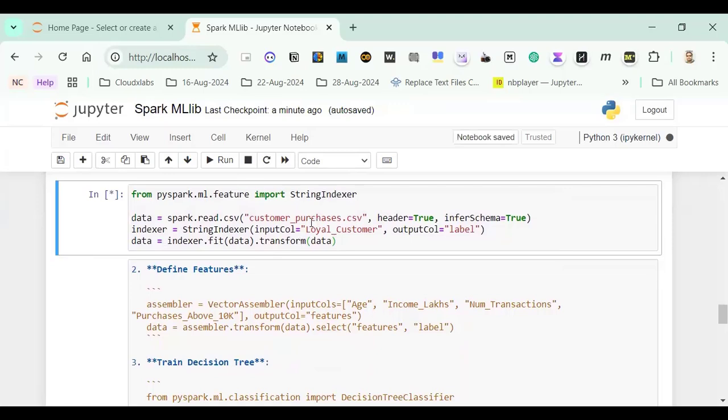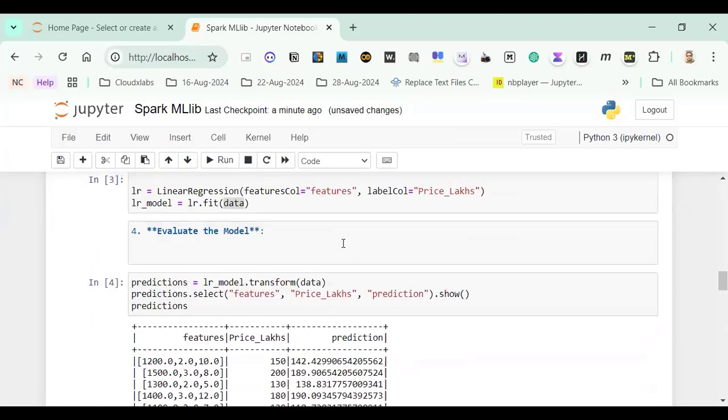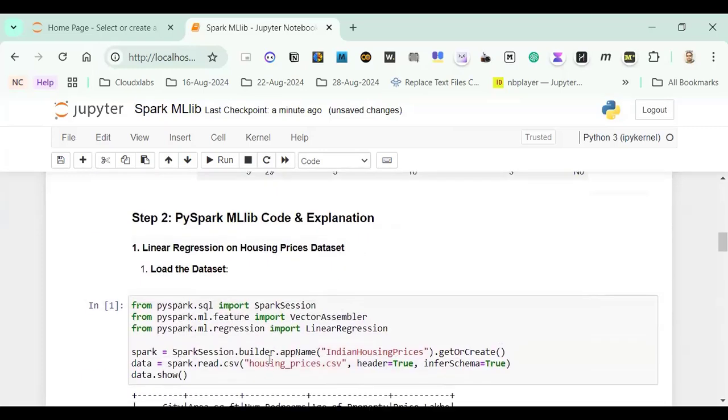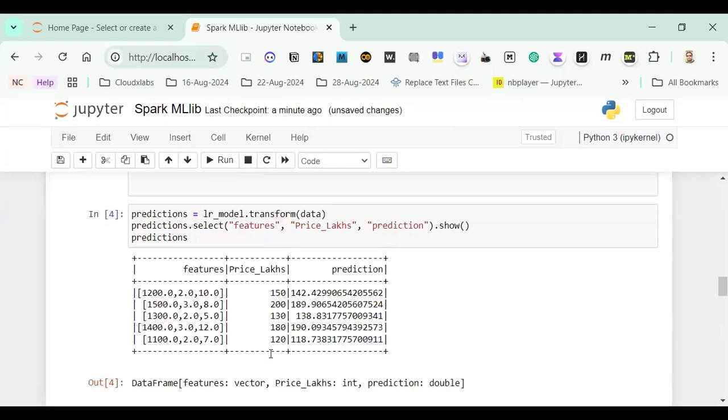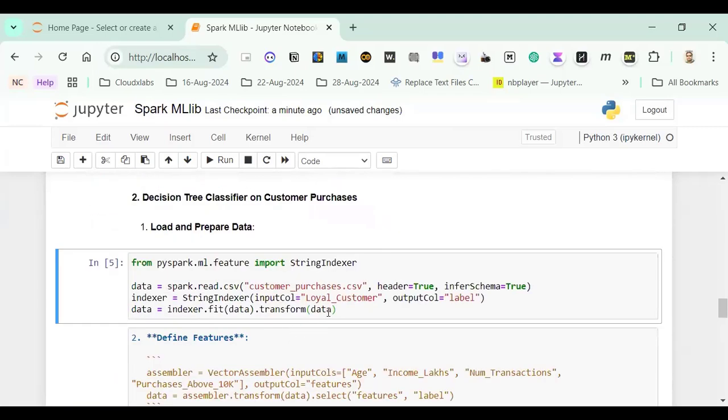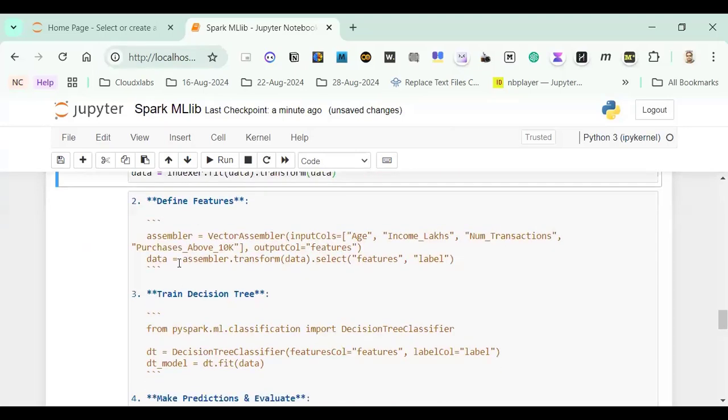Now here I am taking another kind of data, customer_purchases.csv. Earlier, what we had taken was house prices, right? That is for regression, but this is for classification. So that is the reason we are taking customer purchase data. Okay. Now just make it here